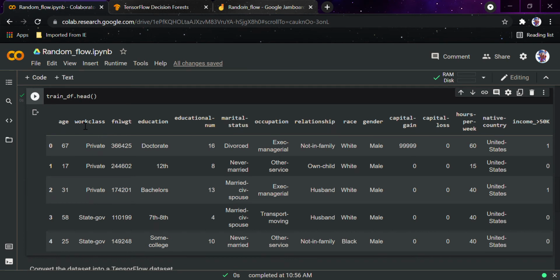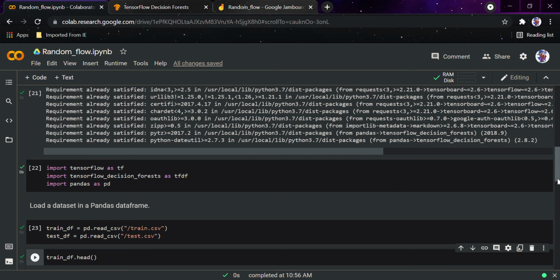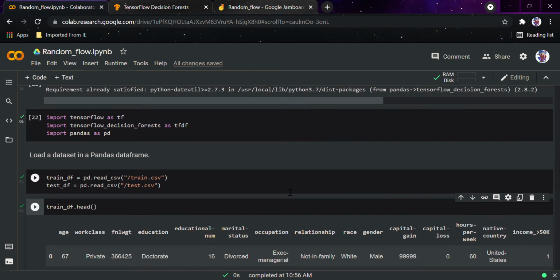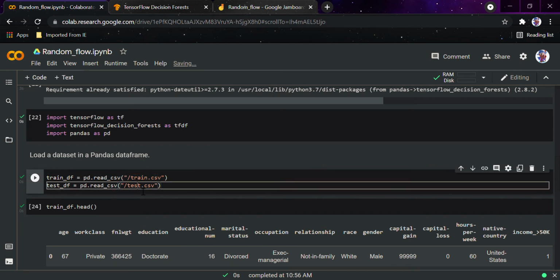It is showing me the age, work class, education, marital status, occupation, relationship, race, gender. We have taken a small dataset from the Kaggle website, and it basically tells us whether the income of a person is greater than 50K or not. So this is the training set, and this is the testing set.